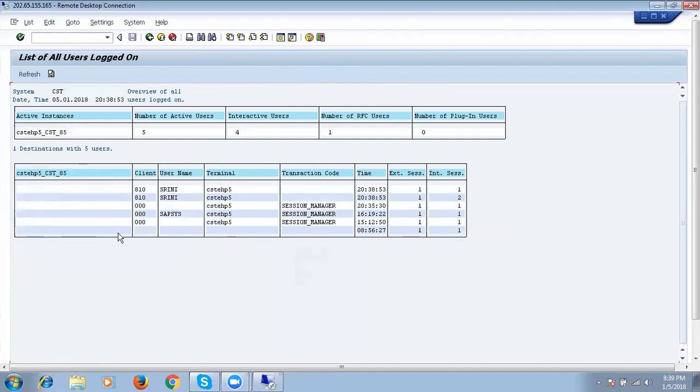Here we have only one application server, but in real time we have multiple application servers. That is why we execute AL08, to see which users log in through which application server.